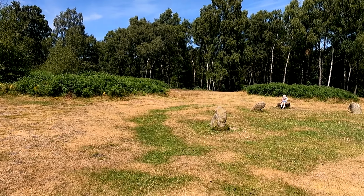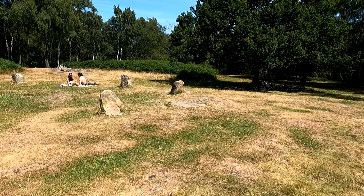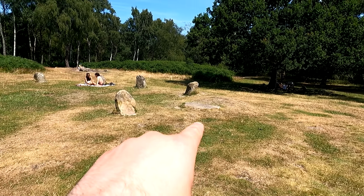So here we are at the Nine Ladies Stone Circle. So this circle was built in the late Bronze Age, I think it's speculated, about 3,000 years ago, somewhere between 3,000 to 1,000 years ago anyway, which I know is a fair bracket of time, but it comprises 10 stones. The last of which, the flat one we can see just there, was unearthed in the late 70s, so obviously it was given the name before the 10th one